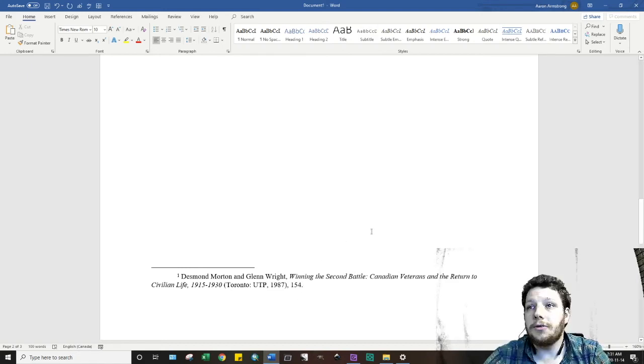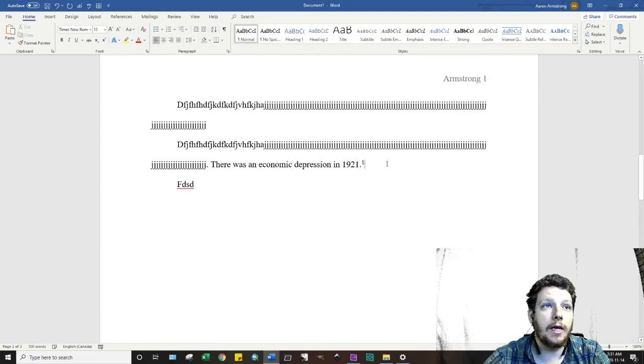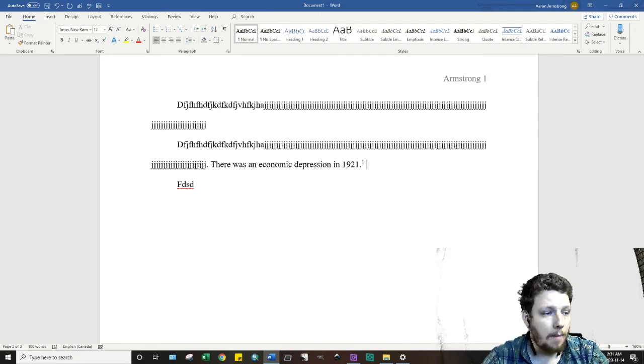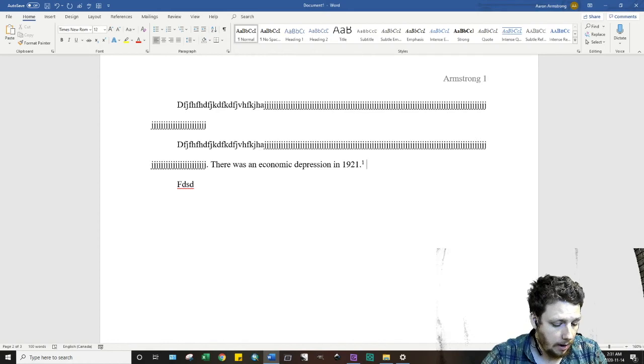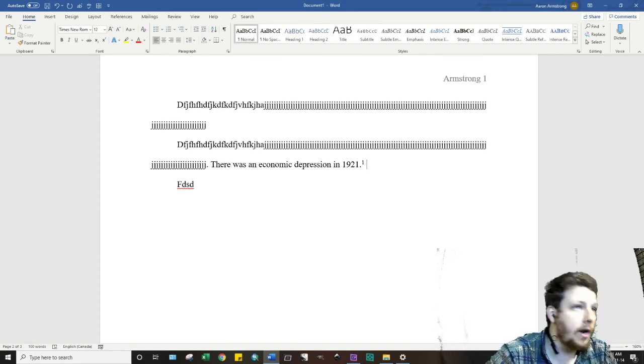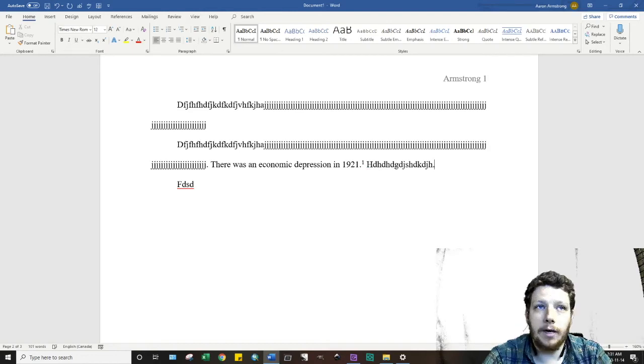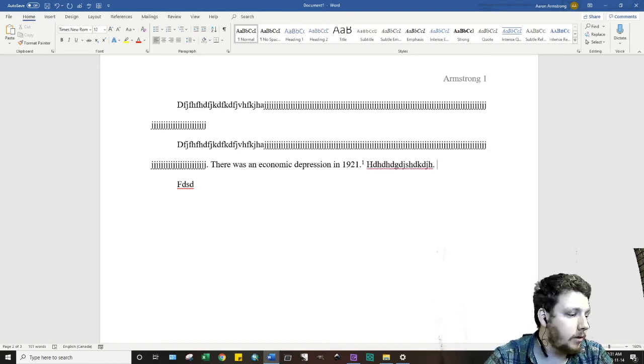Let's say you have a second footnote that is the same book at any other point in this article, essay, paper, whatever, and it's on a different page. It could even be the following one. And this is how I always write these subsequent citations. We're going to go to page 182. So you've got a whole bunch of text in between here, whatever. The thing I'm going to cite next is